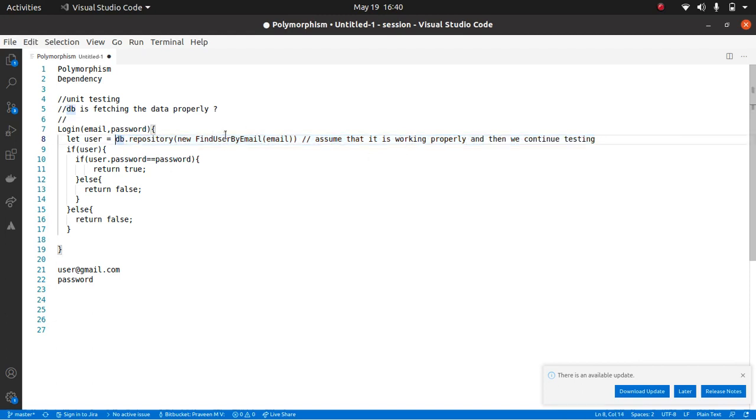Maybe the query is proper, we are assuming it is, but when I call this, how will it return something and how do I test it? It might return some other user in the database with user@gmail whose password is something else, so then our test case will fail, correct? So for this purpose, we use mocks and stubs.